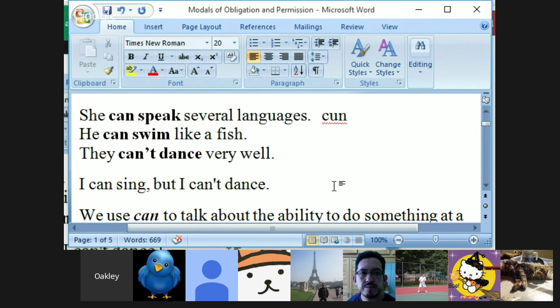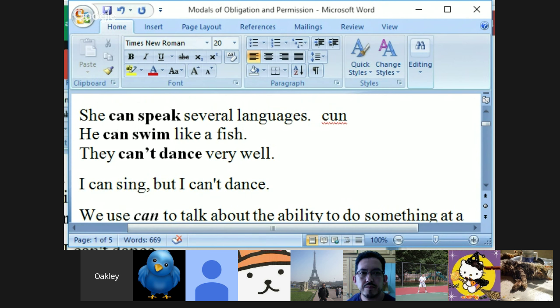I can pedal bicycle very fast. Okay, but what can't you do? But I can't swim well. Okay, fair enough. I can pedal, but I can't sing. All right, that's the idea. Very good, thank you. Hogan, what can you do? What can't you do? I can dance, but I can't dance very well. Okay. I cheated. No, that's fine. That's perfect. I just want to hear you pronouncing the modal properly.